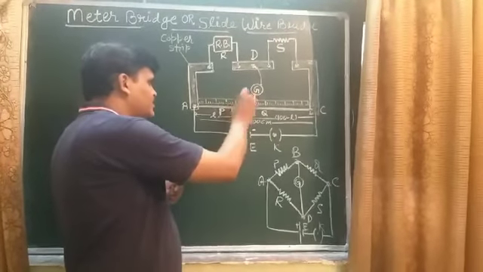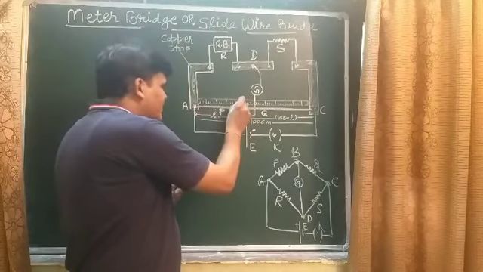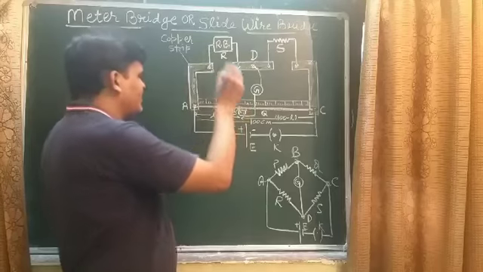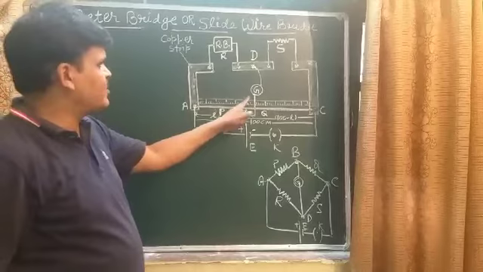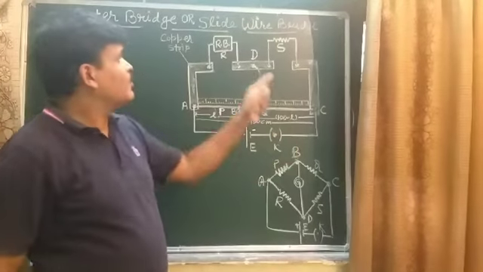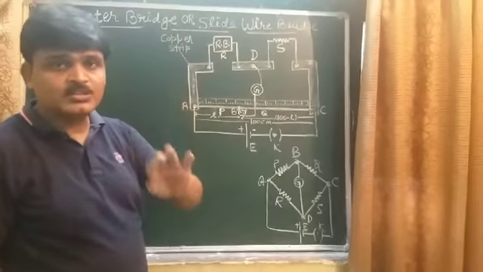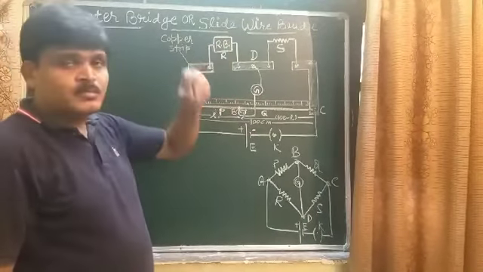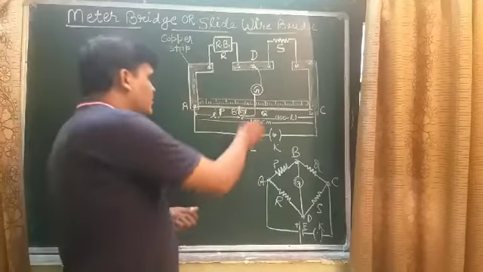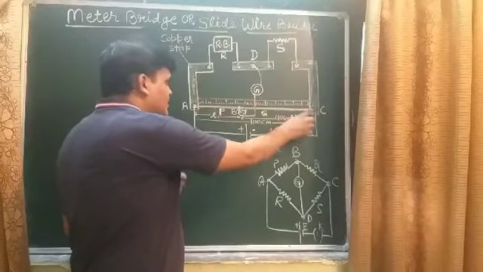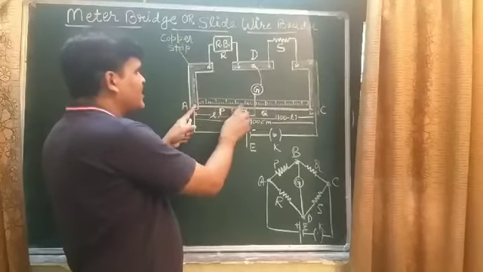Slide the jockey, touch the jockey which is connected with the galvanometer. Suppose at some point B on the wire AC, there is no deflection in the galvanometer when we take a suitable resistance from the resistance box. Students, one thing should be remembered: when a suitable resistance is taken out from the resistance box and the jockey is sliding on the wire AC, suppose at point B, which is at length L from end A, the galvanometer